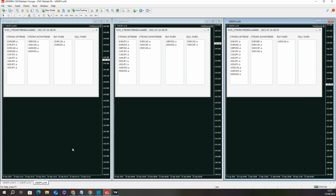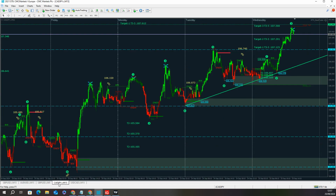We have seen the change in the Japanese yen pairs. We are now seeing CAD yen in this area now. So let's look at the CAD yen because that is becoming very strong now. Yesterday we were posting, I said